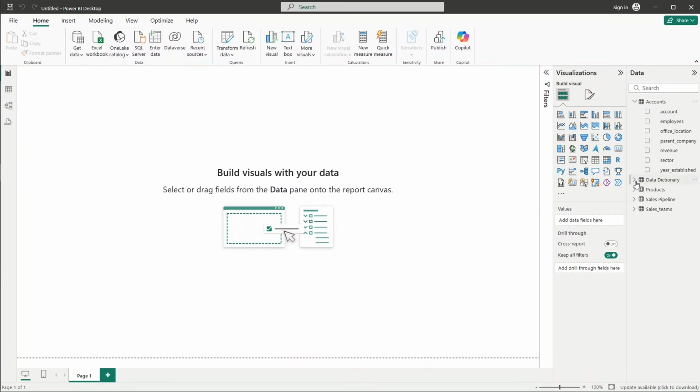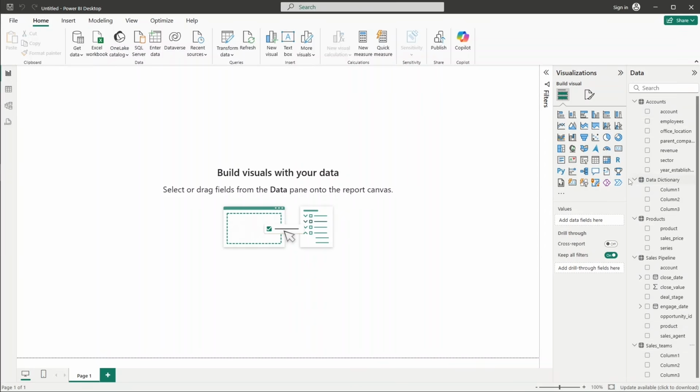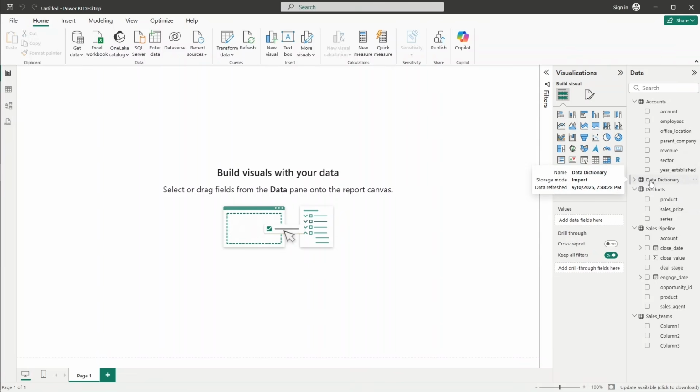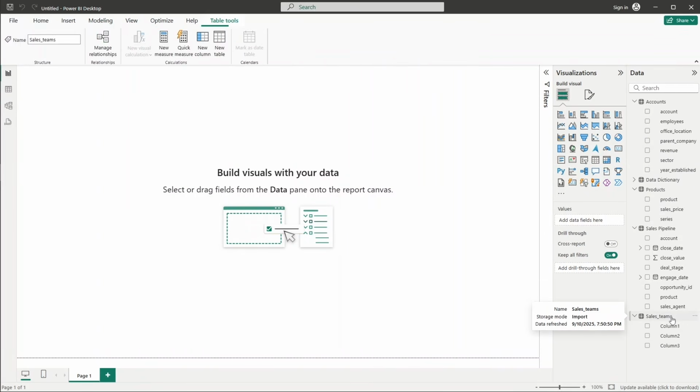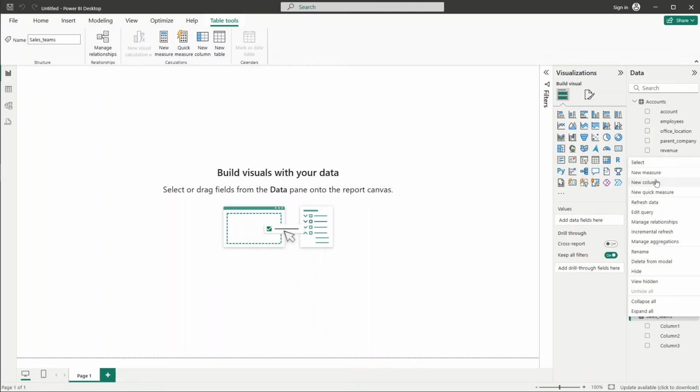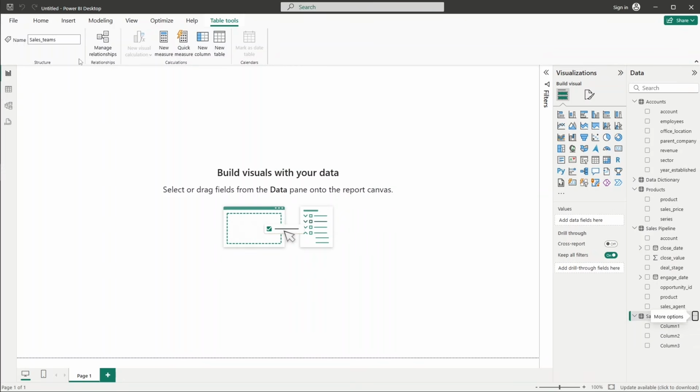Alright, we won't really need the data dictionary because it's just the explanation of the columns, so we won't be needing it. But for the sales teams, why is it column 1 2 3? I think we made a mistake there. We will have to get data again for this table, so let's delete from model, yes,